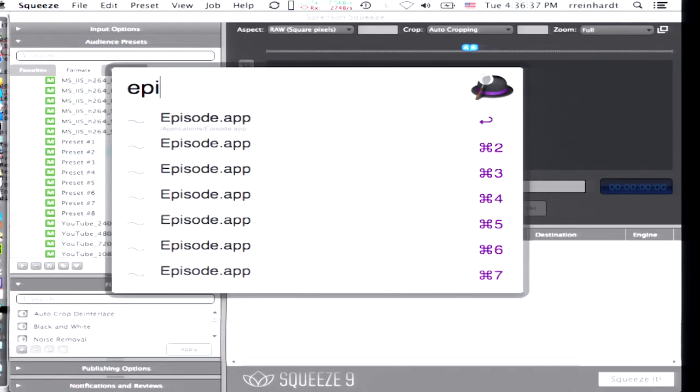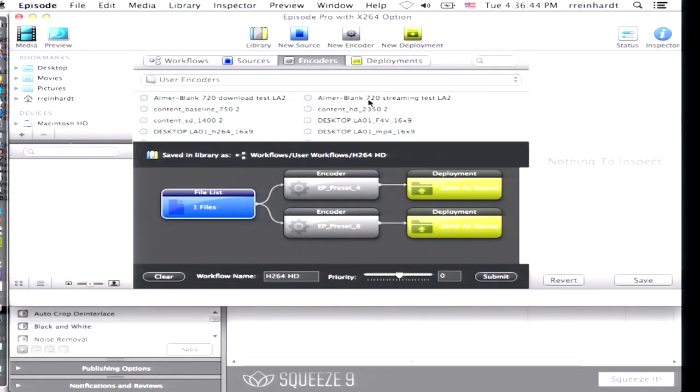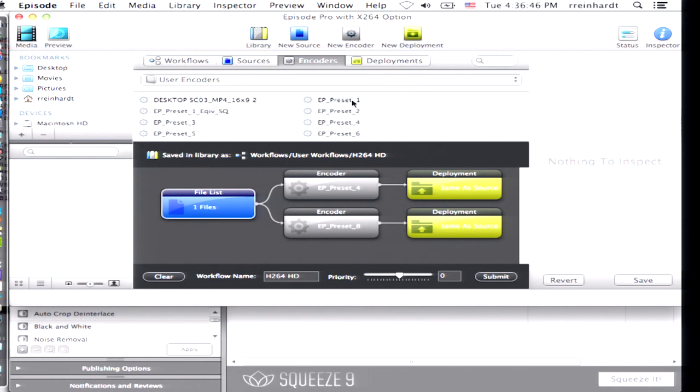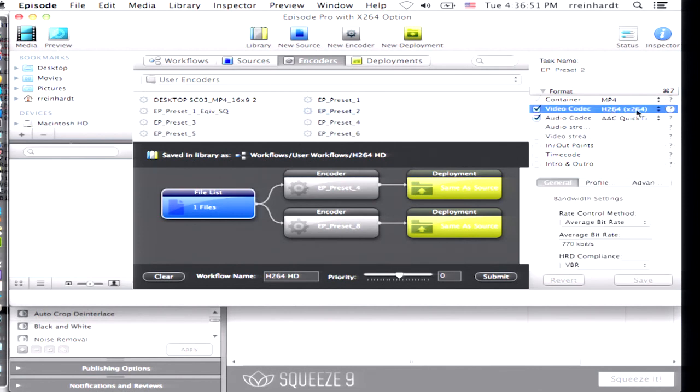If I showed you Episode, Episode doesn't want to freak out any of the people who've used Episode before. They did do a massive GUI change a while ago. But if I go down here to the same preset, I think I opened up number 2. It doesn't matter. But you can see here, it's a little small, but H.264 is in parentheses now. You pay more for the edition. So not only is it $1,000 for Episode Pro, but you pay on top of that, I think, an extra $300, $295. It's in that spreadsheet to get the H.264 option,